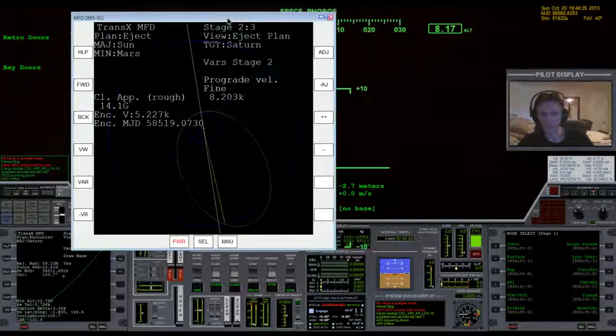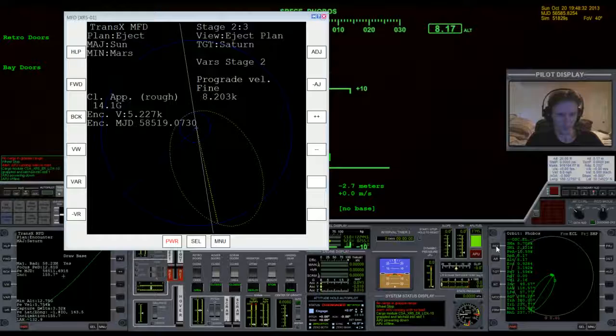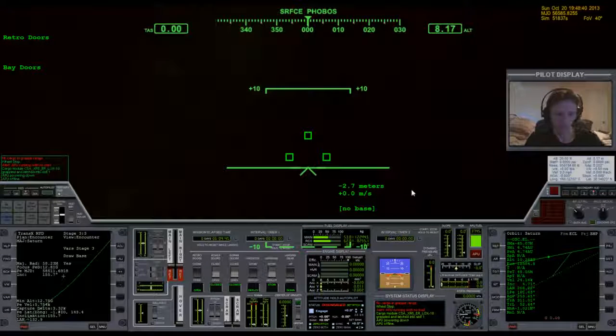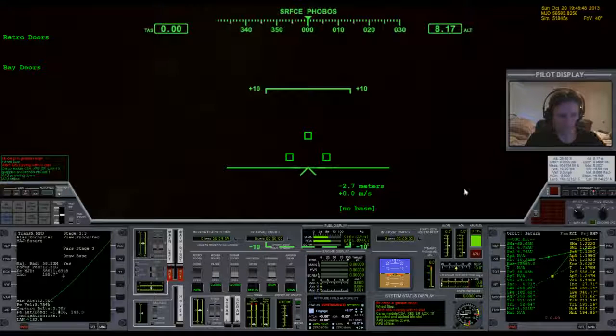In fact, let me even do this. Let me start thinking ahead, because I'm not going to plan on getting into a tight orbit around Saturn. So let's just kind of find out now. Let me set that aside for a moment. Let me reference Saturn. And let me target Titan. That's going to be the planet we're going to go for, or the moon we're going to go for. And it orbits Saturn at